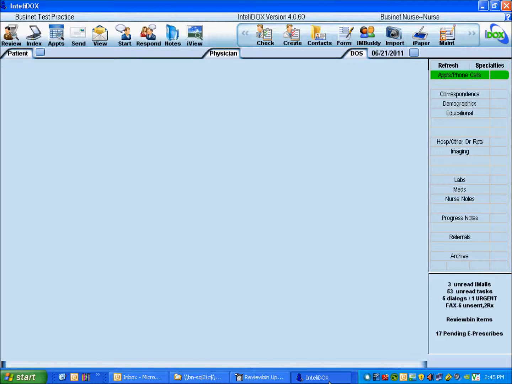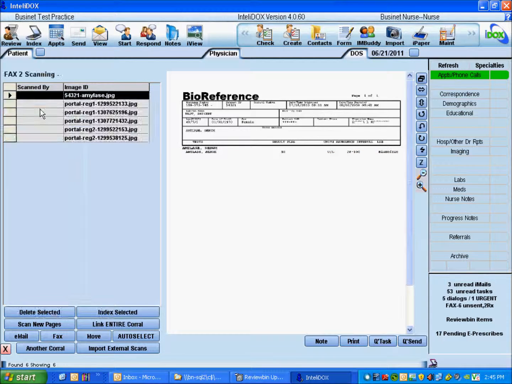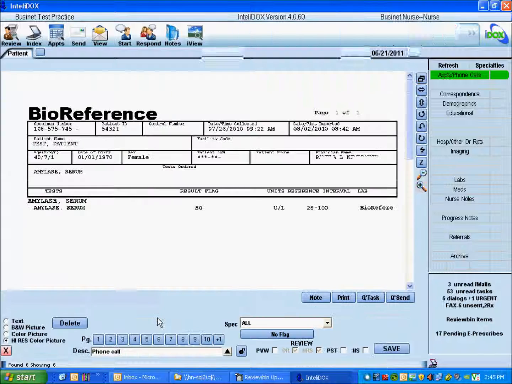This video will show you how to satisfy the meaningful use objective of storing lab test results as structured data using the InteliDOX version 4 Electronic Health Record, or EHR. If your practice orders lab tests on patients, you're probably used to viewing and indexing fax lab reports from an